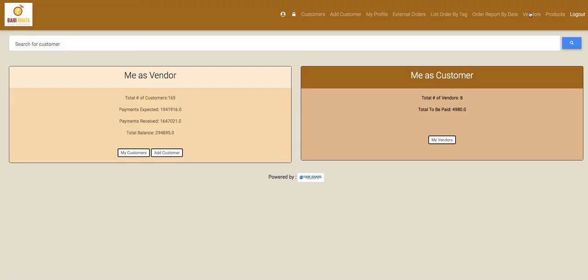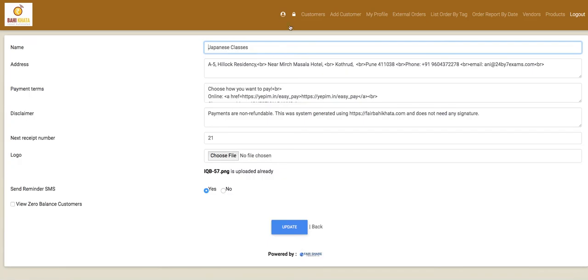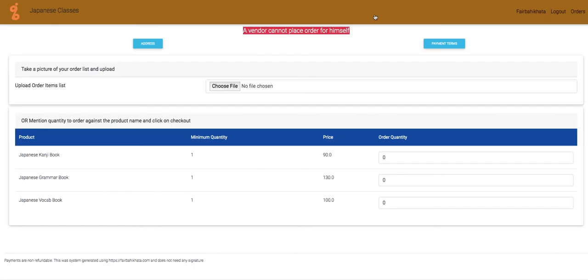Let me click here. If I click here and then go to this user profile small button, then you'll see that here there is Japanese classes, there is my address, and then also payment terms, disclaimer, and everything. So similarly here there is a logo also. So everything is set here, and then once you click on this my profile, you will be getting the link which will be like vendor profile slash your phone number, which will be very easy for you to copy paste